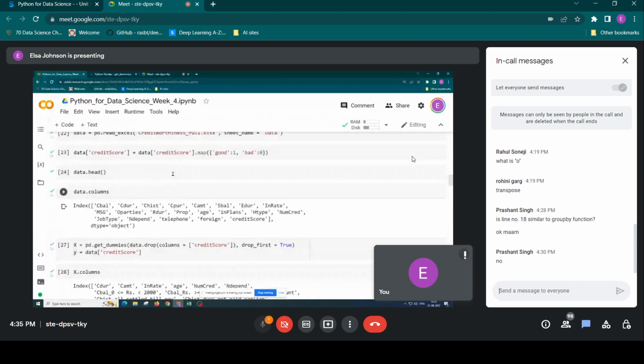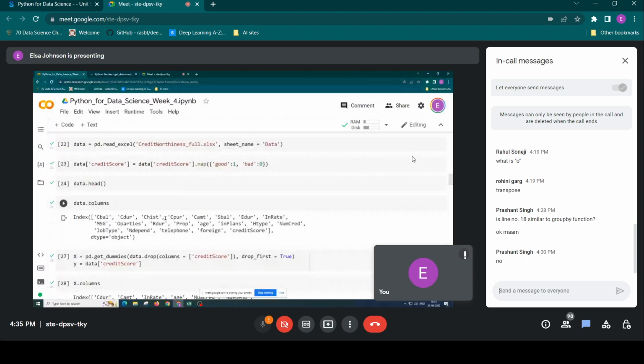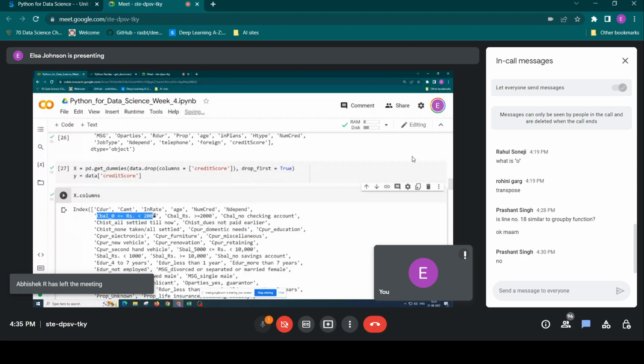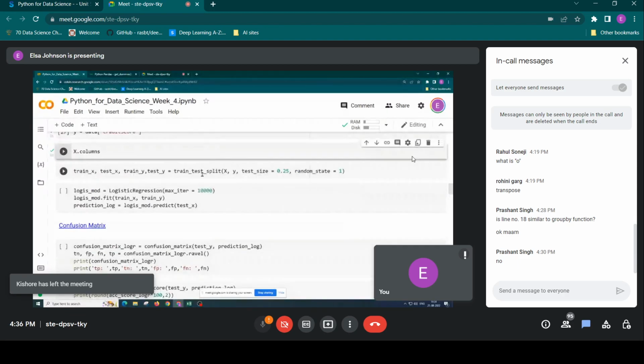So earlier there was C hist. Now the C history has changed to this, and C balance has changed to these different indicator variables. So this is what dummies do. Okay, now